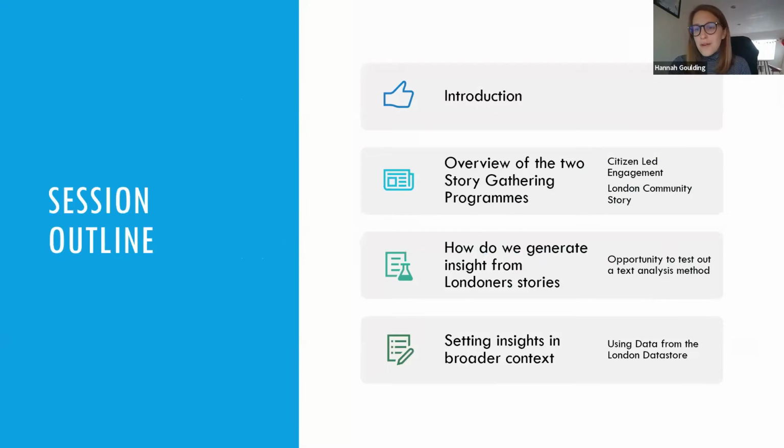The session's going to be in 3 parts today. First, I'm going to give a bit of a presentation with examples of these 2 programs, how we pulled insights and intelligence from Londoners' stories to inform decision making, to give you examples of how perhaps you can think about collecting qualitative data and translating that into informative insights. Then I'm going to give you an opportunity to test out a very basic but hopefully fun qualitative data analysis exercise using Jamboard. If you've not used Jamboard before, it's great, and hopefully this will inspire you to use it in other ways